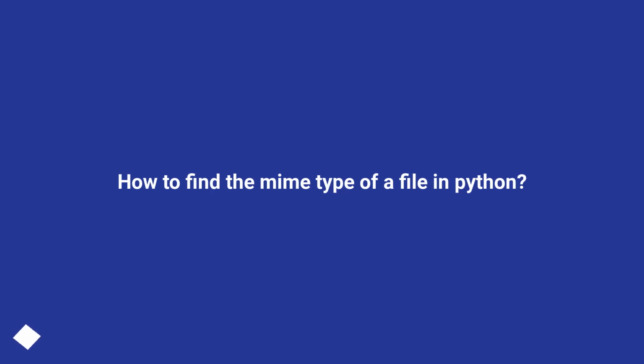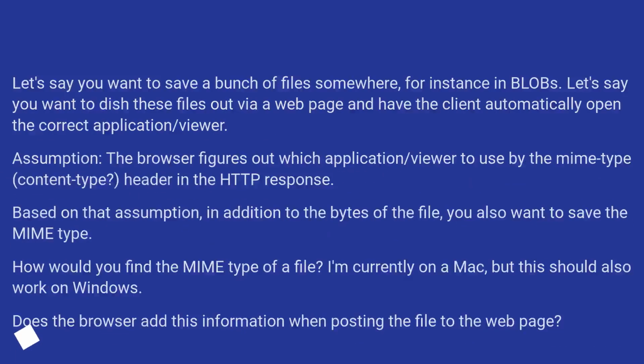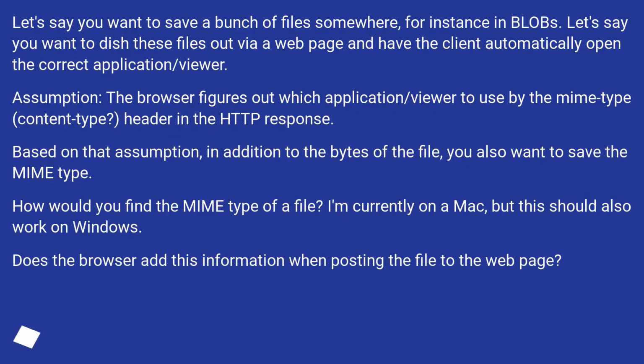How to find the mime type of a file in Python. Let's say you want to save a bunch of files somewhere, for instance in blobs. Let's say you want to dish these files out via a web page and have the client automatically open the